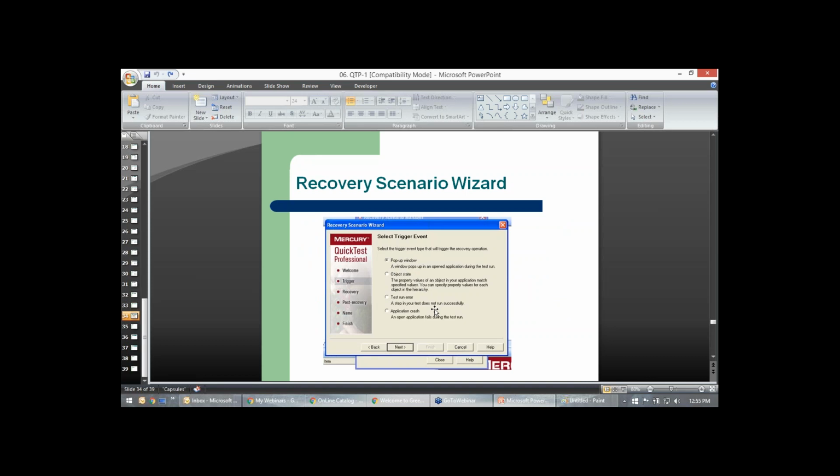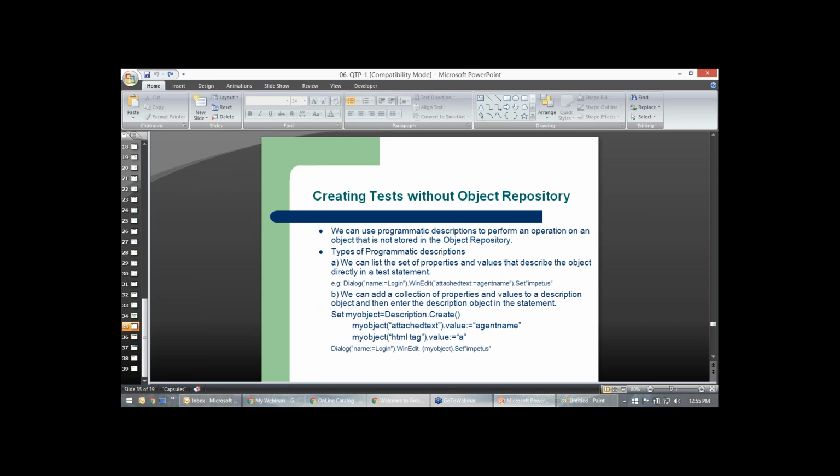And no, you can run other than this. Okay, we'll take care of this. So for some small code, we change the code and run that separately. No issues. So you are telling QTP, no, don't crash. Okay. And then you have application crash. So that is the scenario, recovery scenario.